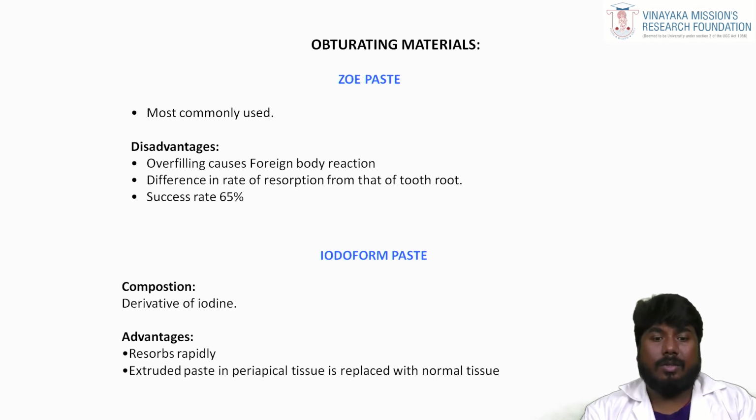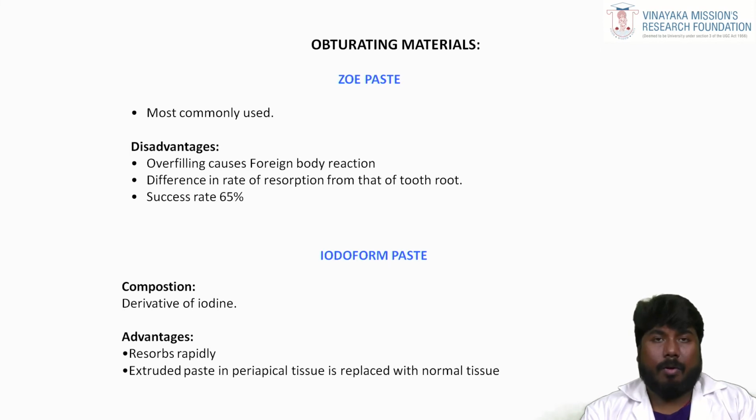First one is zinc oxide eugenol. It is most commonly used. Its disadvantages are that overfilling causes a foreign body reaction, and a difference in rate of resorption from that of the tooth root. It has a delayed resorption. It will resorb very late, so the retention of the material will be there. The success rate is